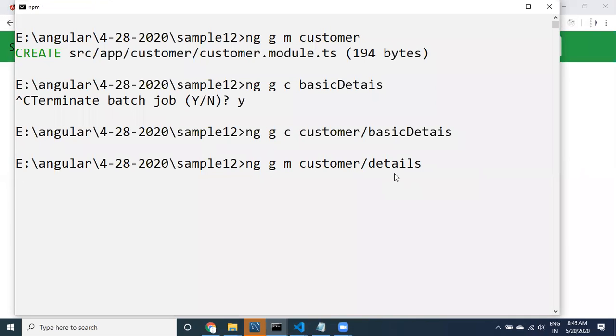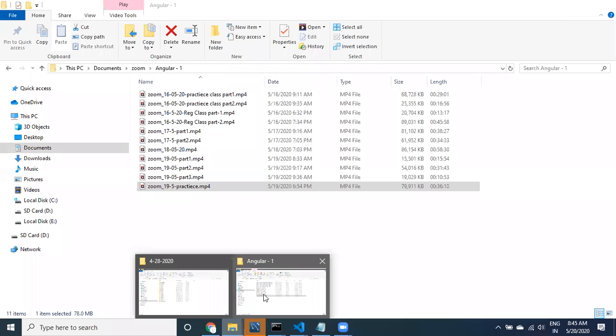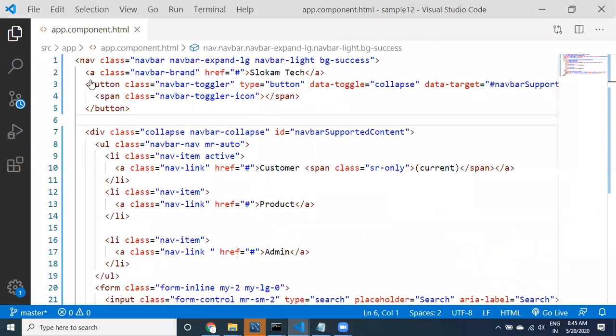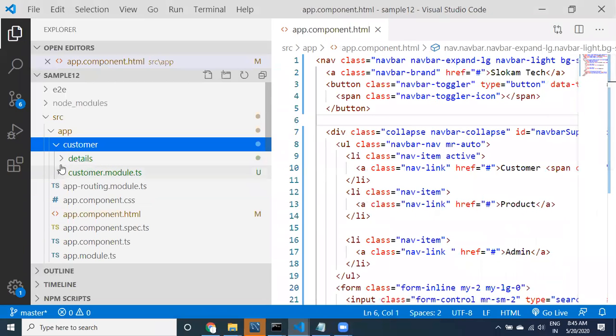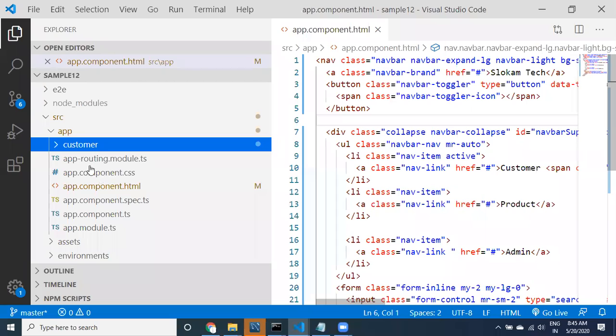I did a mistake again, sorry, guys. Instead of creating a component, I created a module, a details module. See, I have created a module instead of this one.